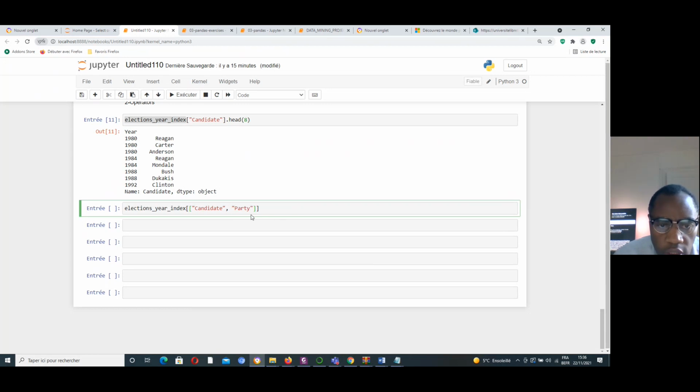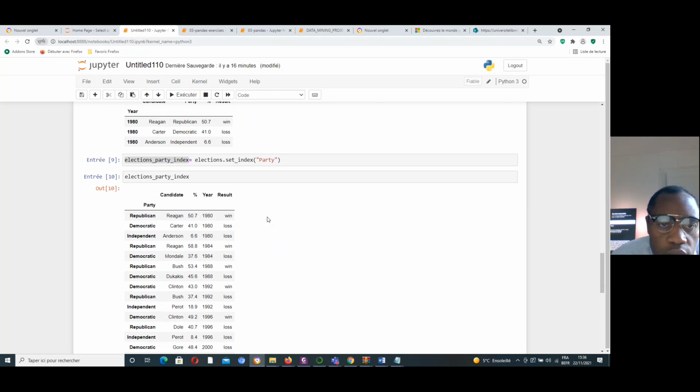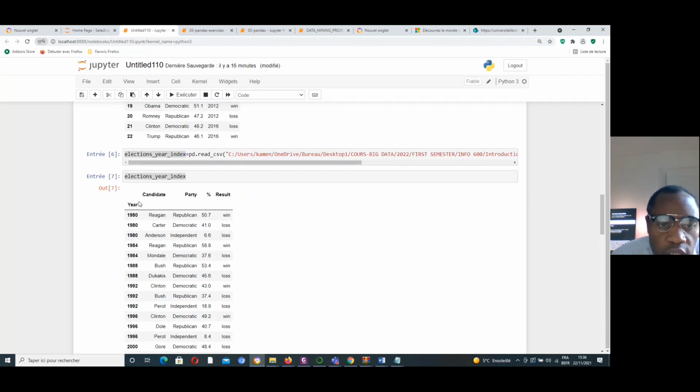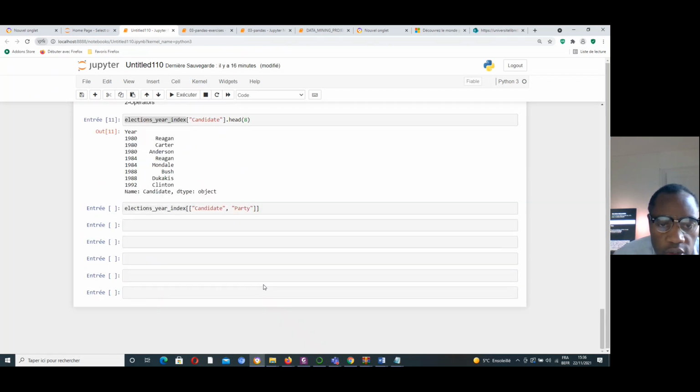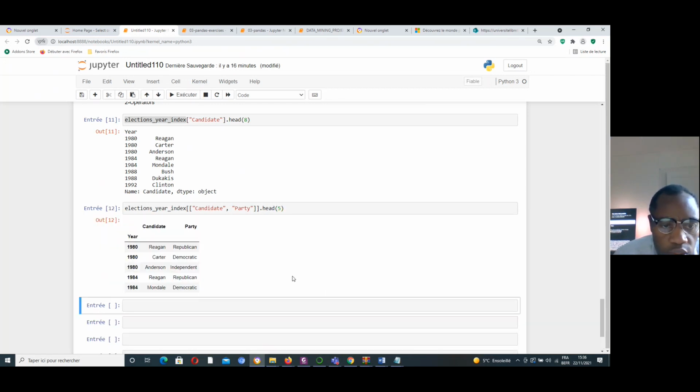Okay, here's the two columns. We select two columns in this file. Okay, two columns, and let's print, for example, the first element. Executed.